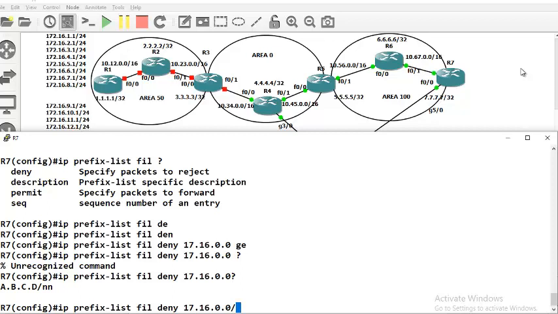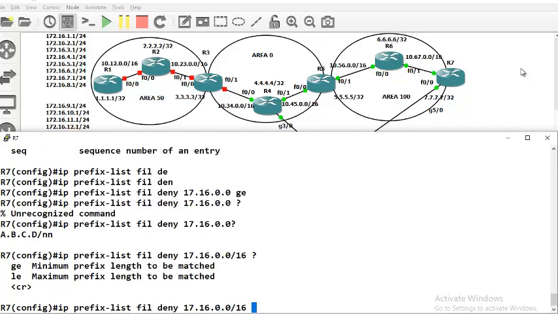Okay, slash 16, greater than or equal to another 7. I have to say